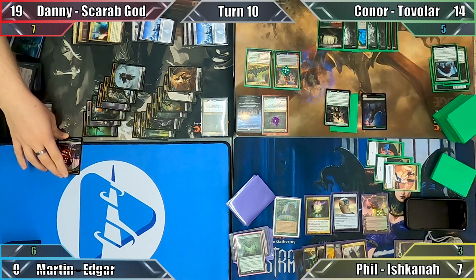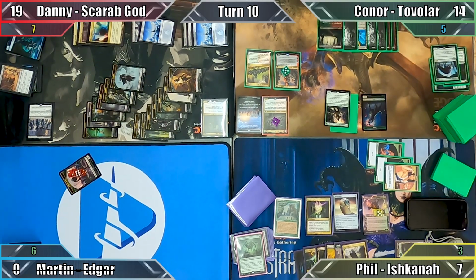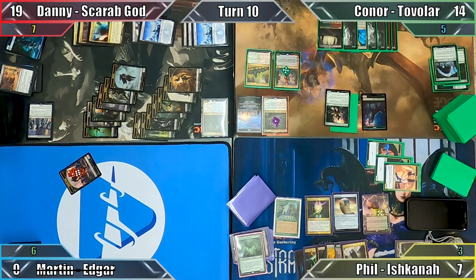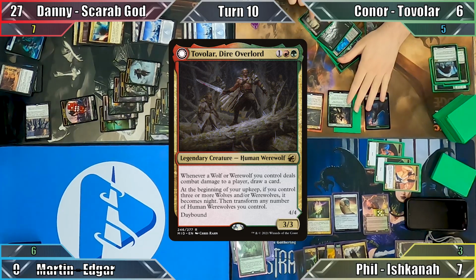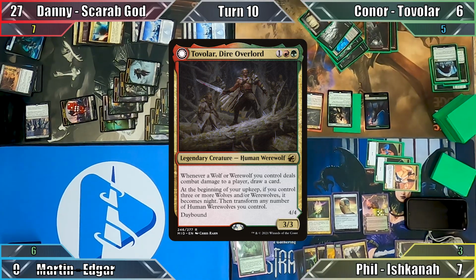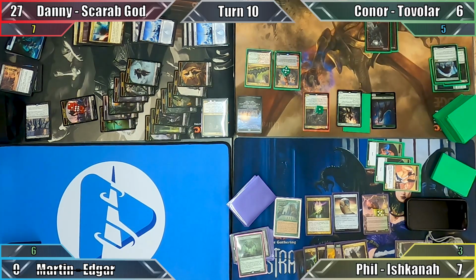Moving to combat, Danny attacks Connor with his zombie army, not to be confused with his army of zombies. An easy mistake to make. Unable to block, Connor takes 8 and Danny gains 8 before passing the turn. Connor responds to this by flashing in Tovolar, who enters with a +1/+1 counter thanks to Arlen. He then forgets that Rhythm of the Wilds could also be used to give his commander another counter and proceeds